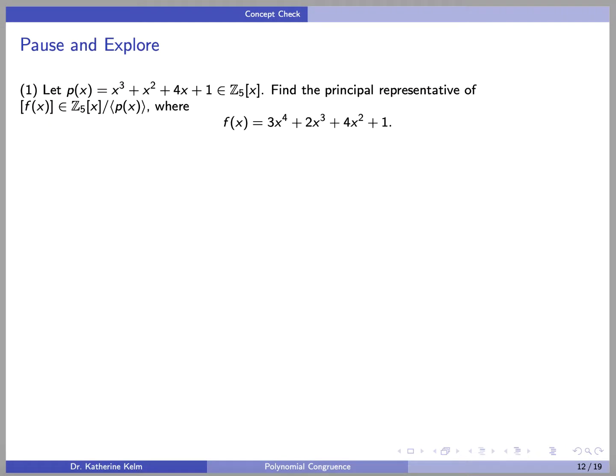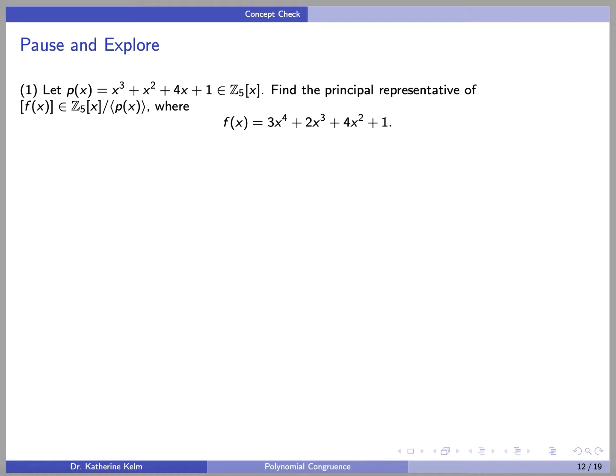Here we come to our first concept check. Pause and explore. I urge you to pause the video and work out the solution for yourself before proceeding. Let p of x be equal to x cubed plus x squared plus 4x plus 1, considered as a polynomial